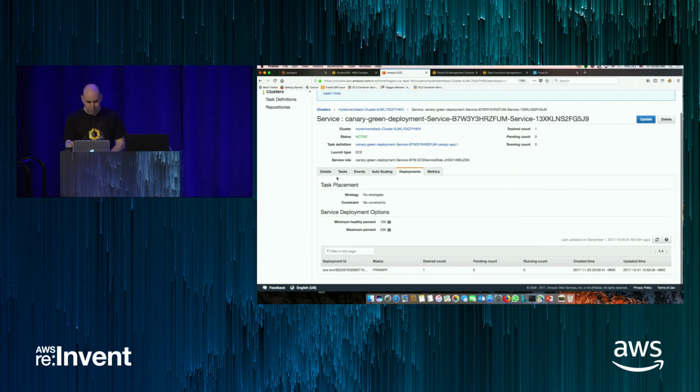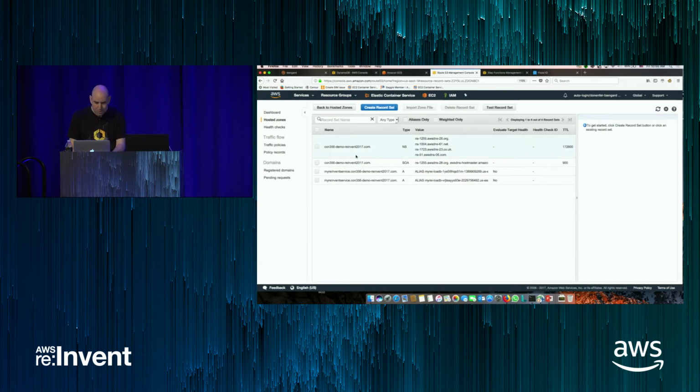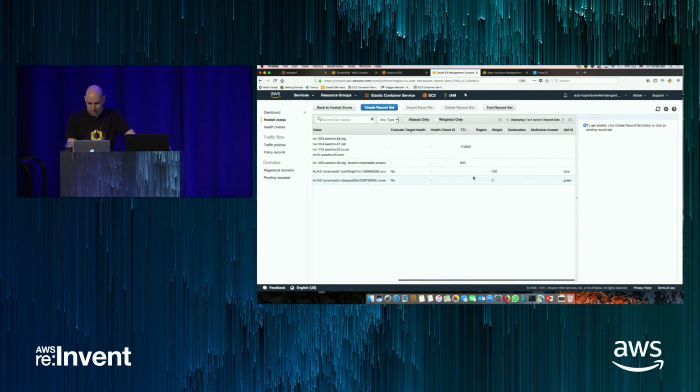So now, if I'm going back to my tasks, you should see a new task running pretty soon. It hasn't happened yet. For now, I'm going to show you the Route 53 part. This is actually the record set of my DNS, which is called CON356 demo. And it has two A records, each of them pointing to another ALB. And if you look at the weights, currently 100% of traffic is going to the blue and 0% to the